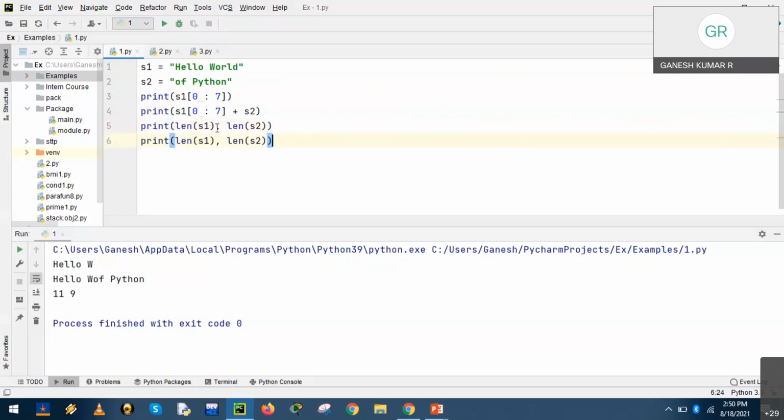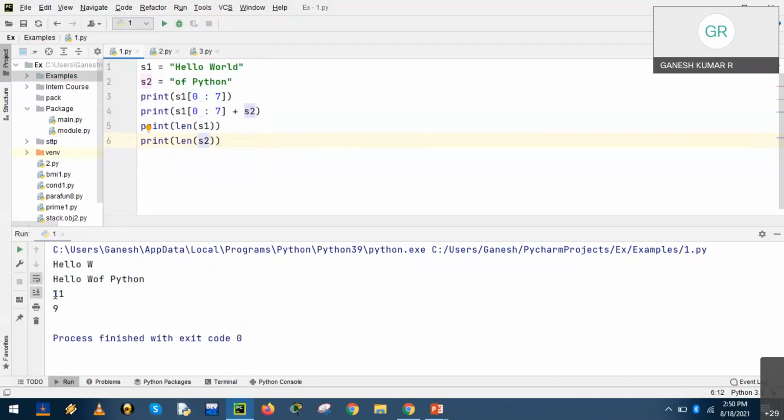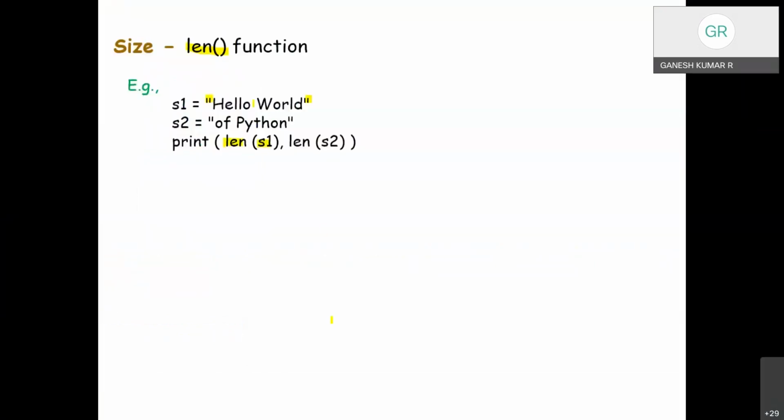We remove the second function and run the program. Now we have got the output in 2 separate statements. So length is used to count the number of characters and display it.